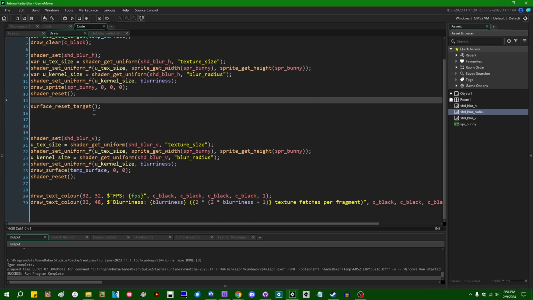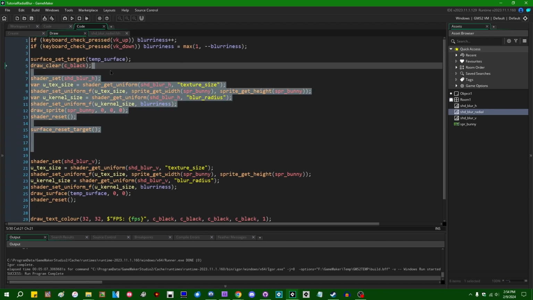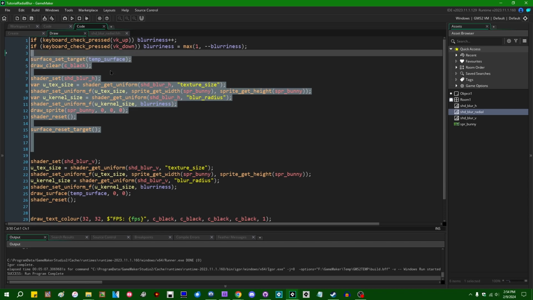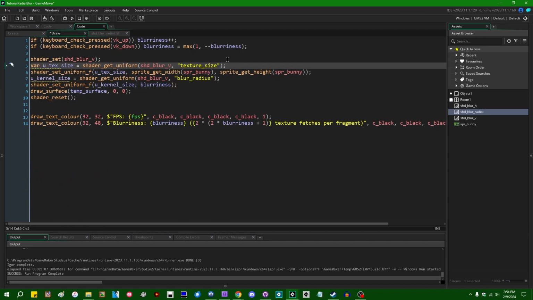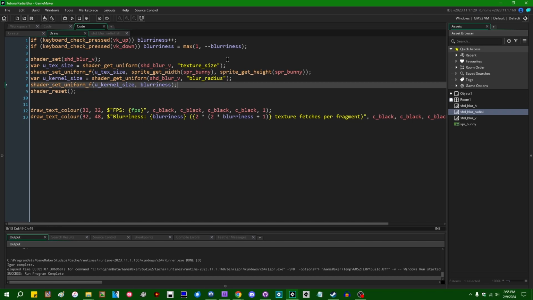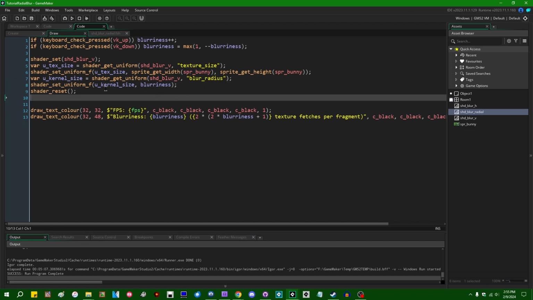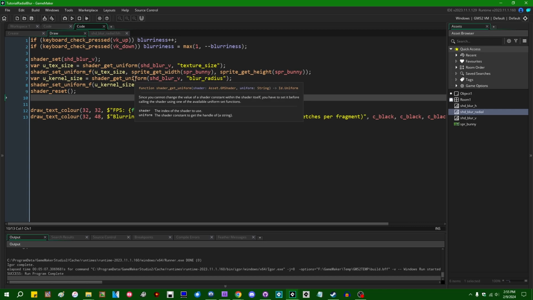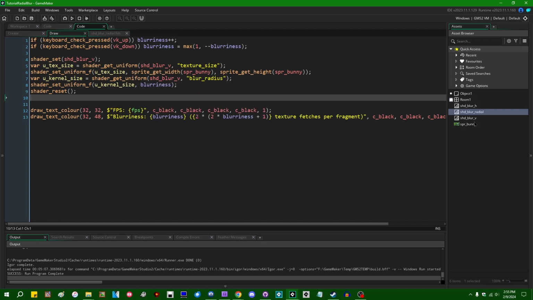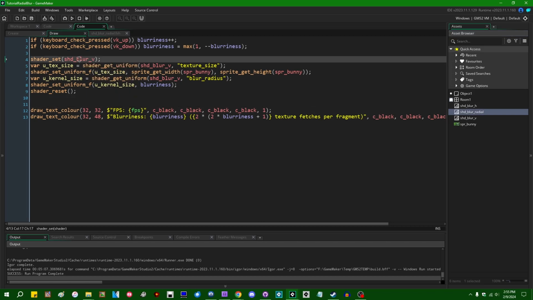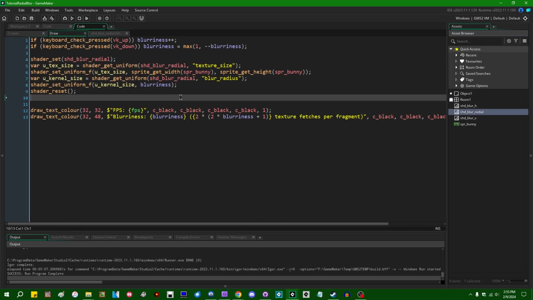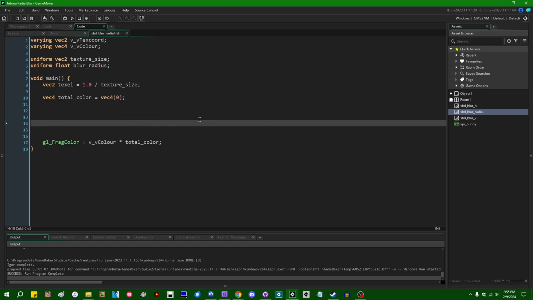So let me get rid of some of this extra surface ping pong nonsense from this draw event here. Instead of drawing the image onto a surface with the horizontal blur and then drawing the surface onto the application surface with the vertical blur, as I said, the radial blur is just going to work in 1 pass. We're not going to have to bother ping-ponging surfaces around. Should be somewhat nicer. And now I'm probably going to spend the rest of this video in the fragment shader